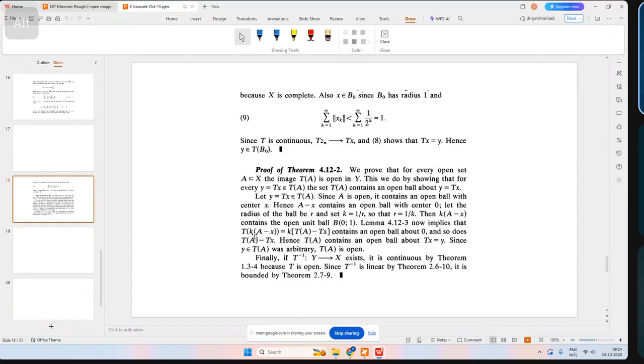K times A is KA, K into x will be Kx, and now we are operating this T. So this will be K times TA minus Tx, that contains the open ball. So this K you can take it out. Dilation. What I mean is,